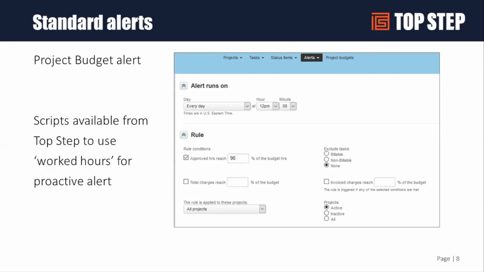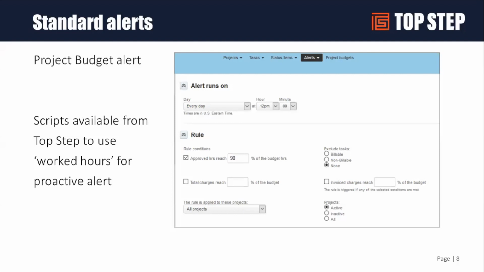We've written scripts where we can have what I like to call a proactive budget alert, where it's looking at more things that are in progress, such as worked hours, or maybe you're scheduling people to do more than what you have planned for budgets. The system would email you to say, hey, you've scheduled more hours than you have available, or there are too many worked hours on this project. That gives you more proactive, upfront notice that something is happening on the project